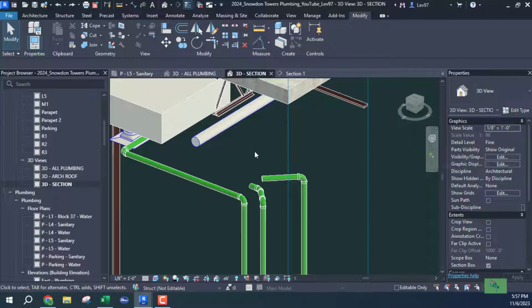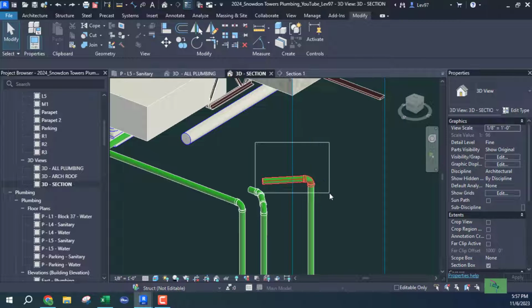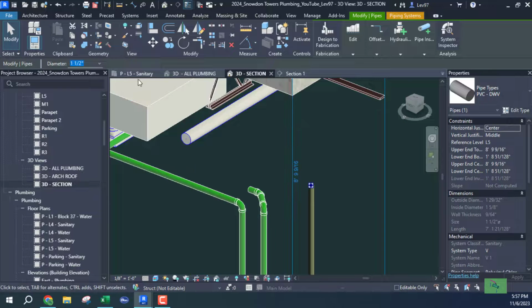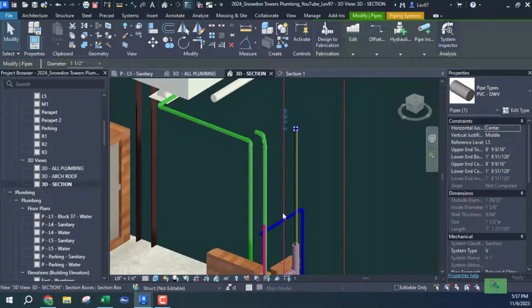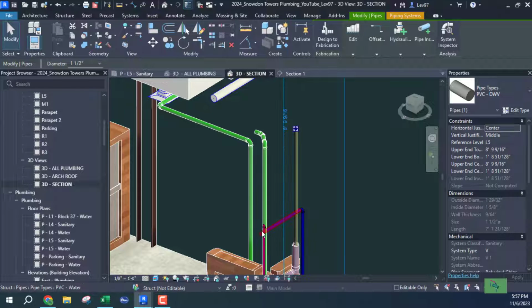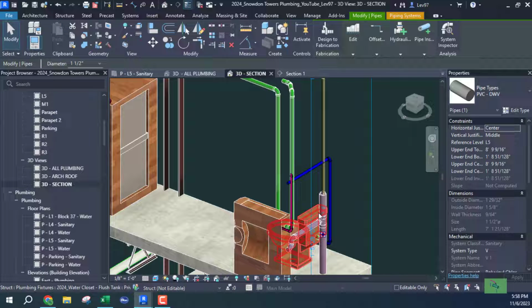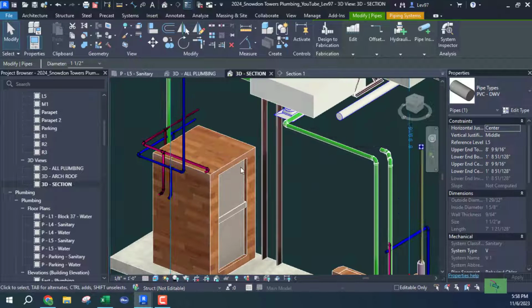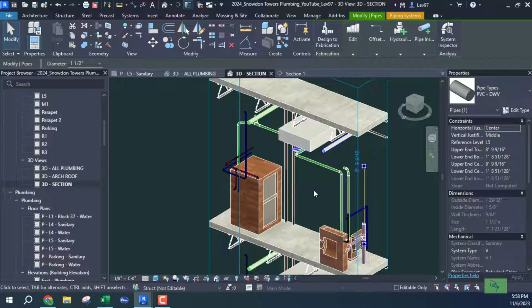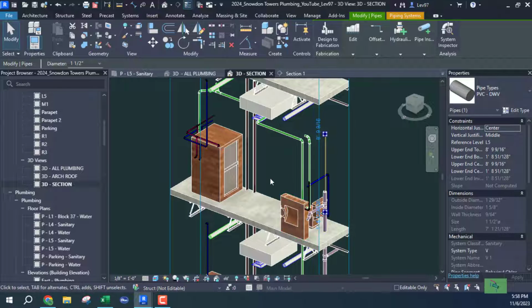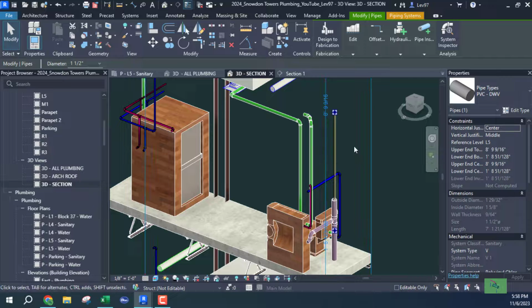I think that would be good. So I need to erase this. Okay, let's go back. Because as you can see, I can connect down here. As long as I'm like 6 inches above the flood rim of any of your plumbing fixtures, the vent has to start. Okay,